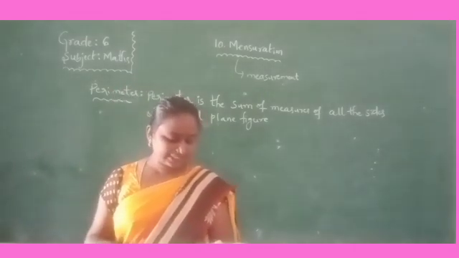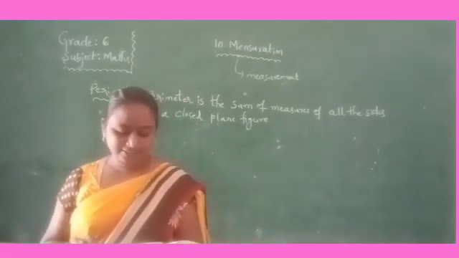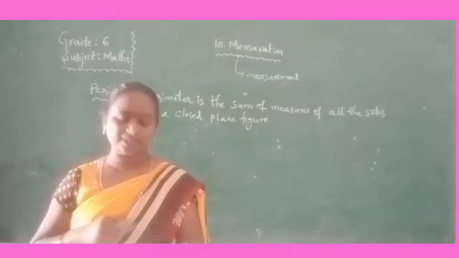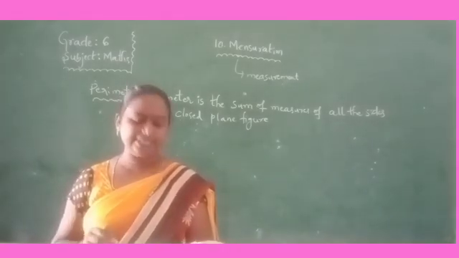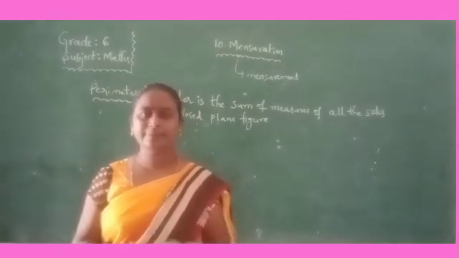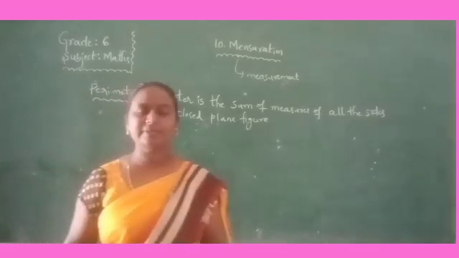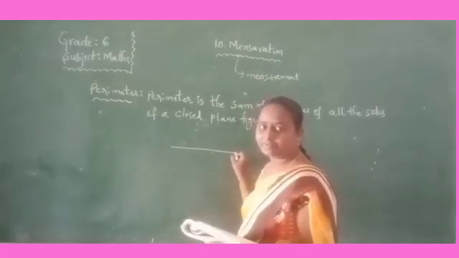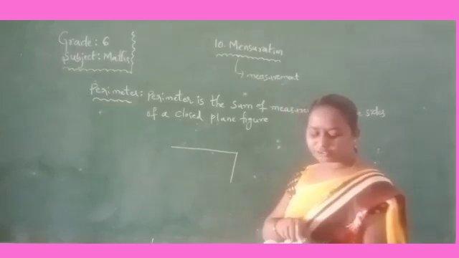So third one, see. Meera went to a park 150 meters long and 80 meters wide. She took one complete round on its boundary. What is the distance covered by her? See here, Meera went to a park. So here long means length. Okay, long means the length. Wide means width.